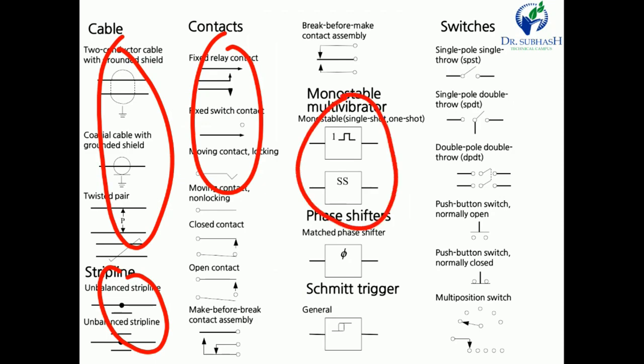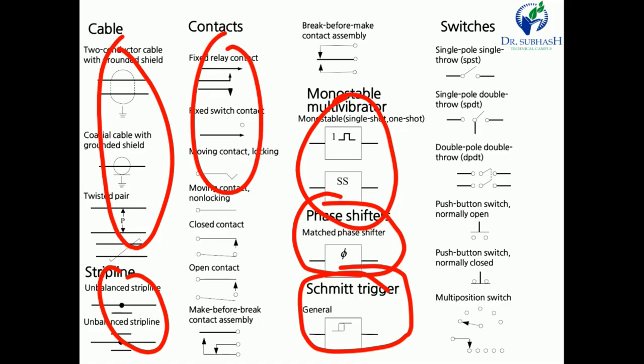Then monostable multivibrator. Friends, a multivibrator is used if you want to design a pulse or pulse train; different multivibrators are required. There are three main types of multivibrator: monostable, bistable and astable. An astable multivibrator is one where, whenever we give one trigger, a pulse train is automatically produced. Then Schmitt trigger, then phase shifter, 90 degree or 180 degree phase shifter; you have to draw this symbol. Then Schmitt trigger. If you want to convert a sine wave to a square wave, then a Schmitt trigger is required.